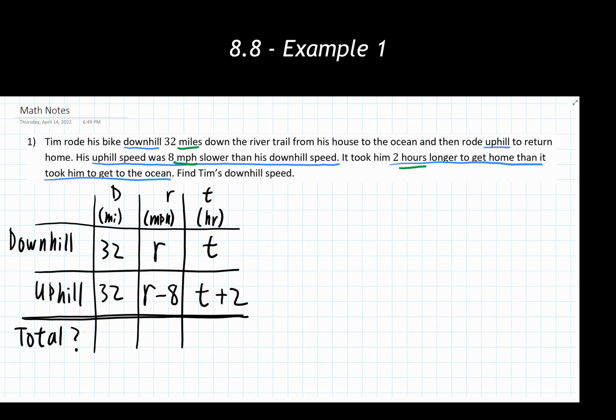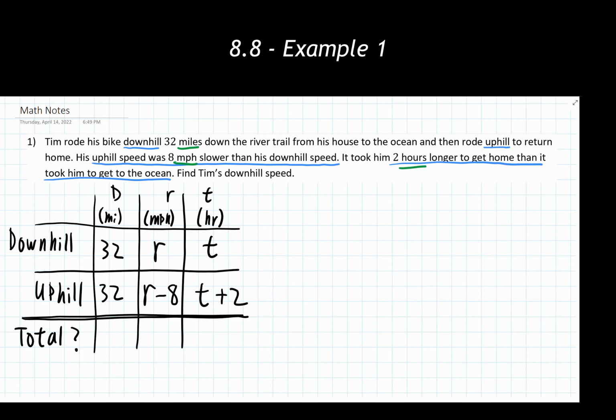traveling? Now it looks like in this particular problem we aren't given anything that indicates a total amount of distance traveled or a total amount of time that was given to us, but I do recommend writing this in because that can come in handy as we're going through and solving problems. So that's why I put in this little total question mark. We might use it, we might not. I think it's worth doing at the start of these problems.